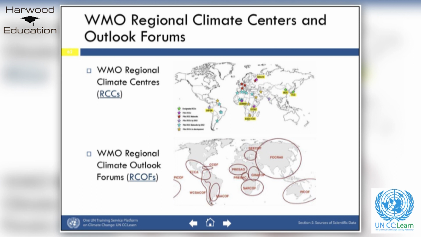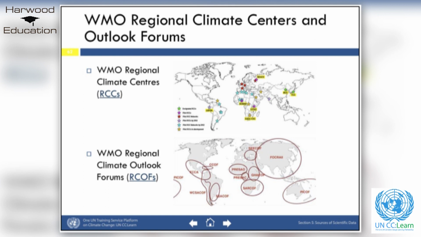RCCs use data and products from global producing centres for long-range forecasts, GPCs, incorporating regional scale information. An additional main source of information for RCCs are data, products, know-how, and feedback they receive from National Meteorological and